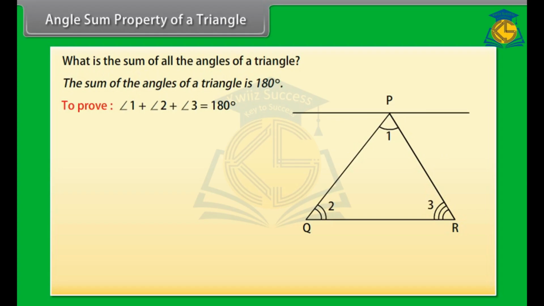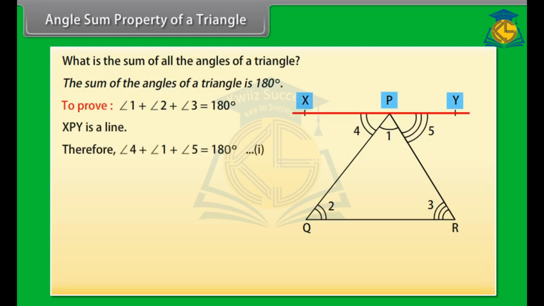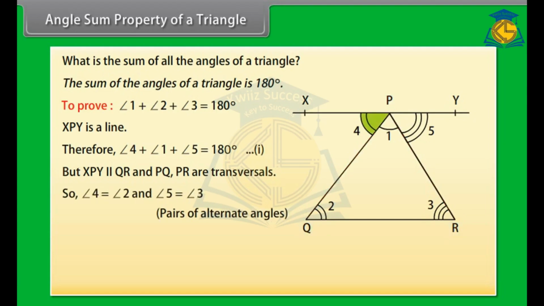Let us draw a line XPY parallel to QR through the opposite vertex P. Now XPY is a line, therefore angle 4 plus angle 1 plus angle 5 is equal to 180 degrees. Mark it as 1. But XPY is parallel to QR and PQ, PR are transversals. So angle 4 is equal to angle 2 and angle 5 is equal to angle 3 because these are pairs